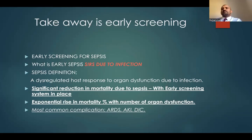Again, it is very important to identify early so that we can provide goal-directed therapy. What that would do is prevent the case from going to a further severity level of septic shock, because every step is critically important. We use the term early sepsis in documentation, for example when I'm writing my notes, and it's also important when it comes to learning, at the student level, when we are documenting and so forth. There are a few guidelines from Medicare, CMS, as well, for sepsis, early sepsis, and septic shock. So